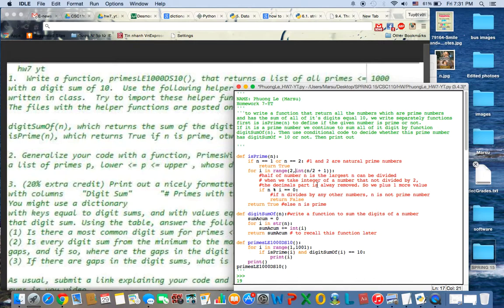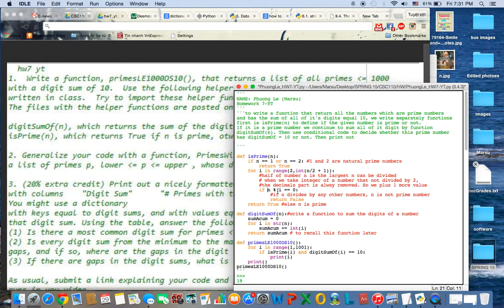Half of n is the largest number n can be divided by, and when we take the integer of a number that's not divisible by 2, the decimal part is always removed. For example, 3 divided by 2 is going to be 1 instead of 1.5, so we add 1 more. So for i in range to the integer of half of n plus 1,